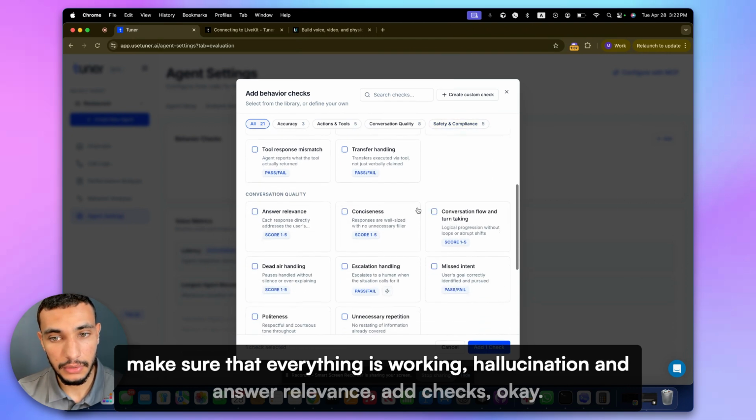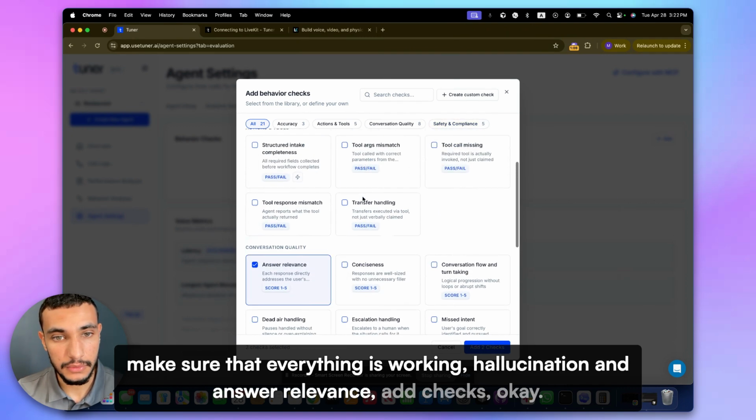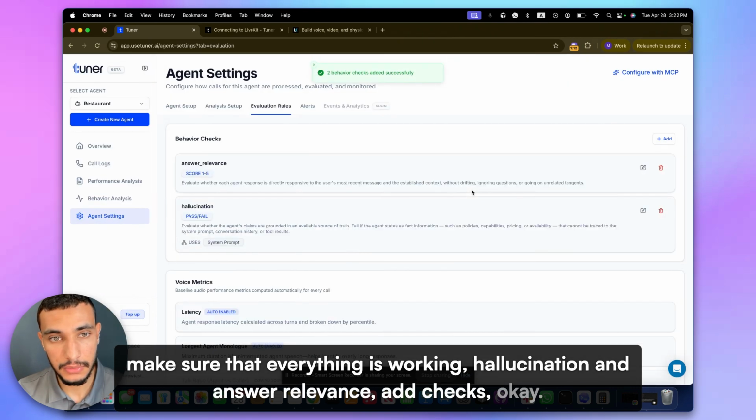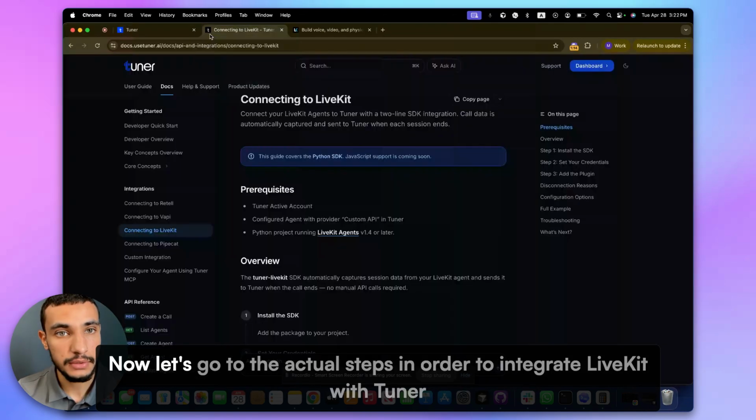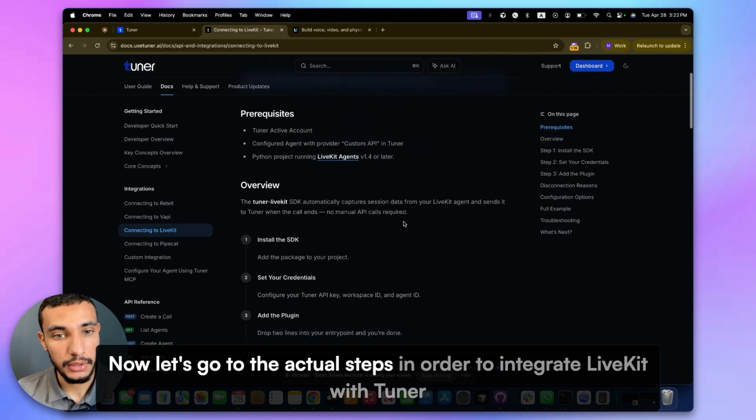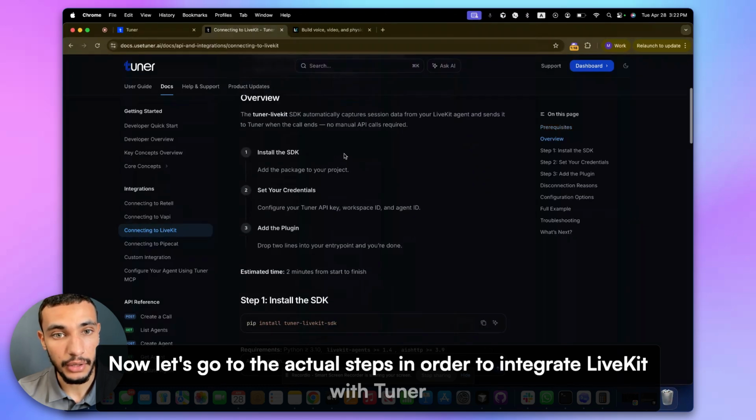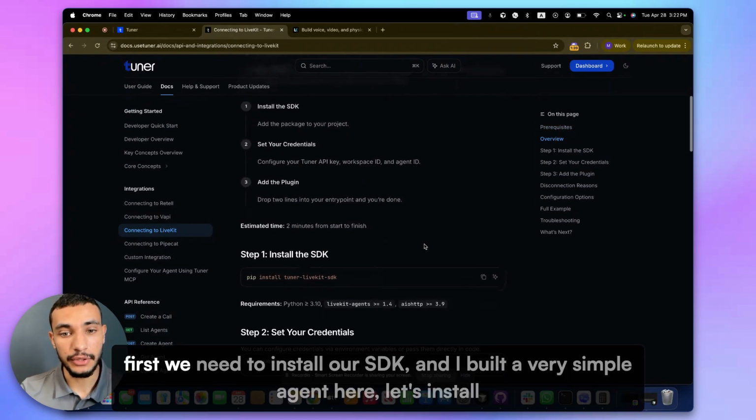Hallucination and answer relevance. Add checks. Okay, now let's go to the actual steps in order to integrate LiveKit with Tuner. So first we need to install our SDK,